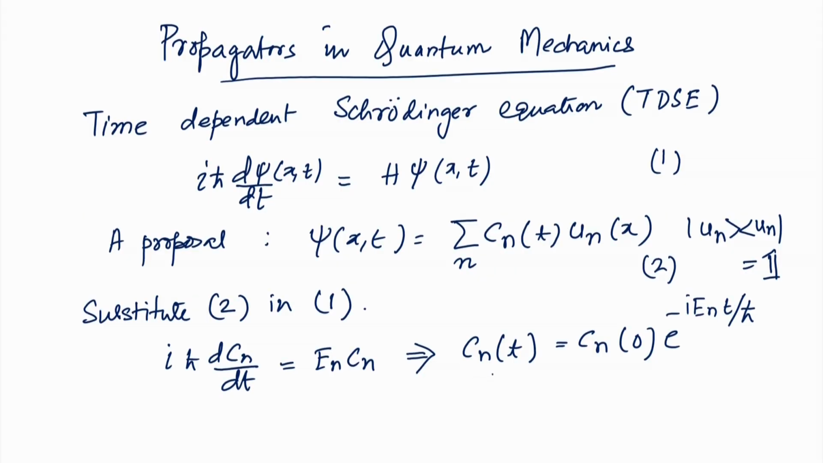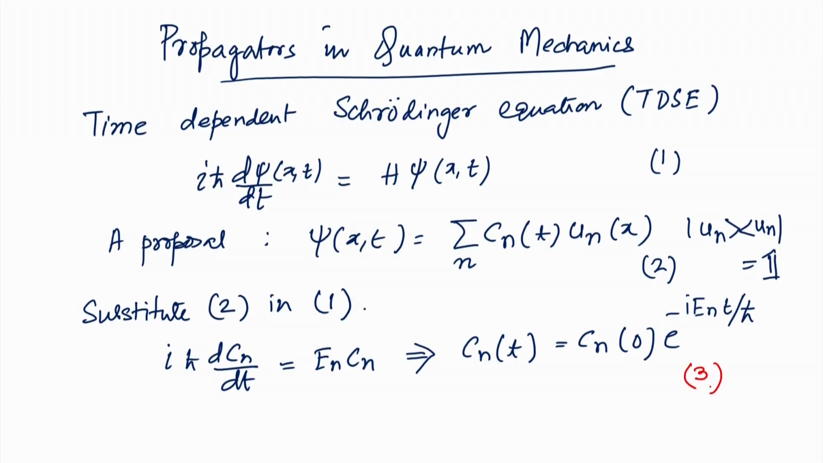And the solution comes in the form of the amplitude C n of t, that is as a function of t, is the value of C n at t equal to 0. This 0 means at t equal to 0, and it is an exponential of minus i E n t over h cross, and you can trivially verify that if you put this form in the equation that appears on the left, then this satisfies this equation. Let us call this equation 3,